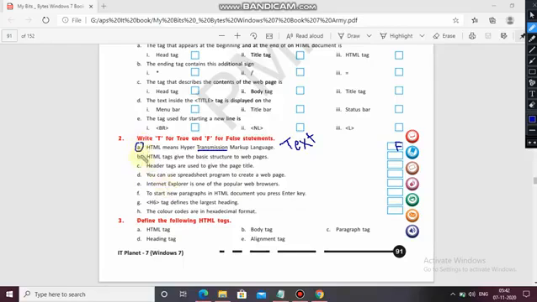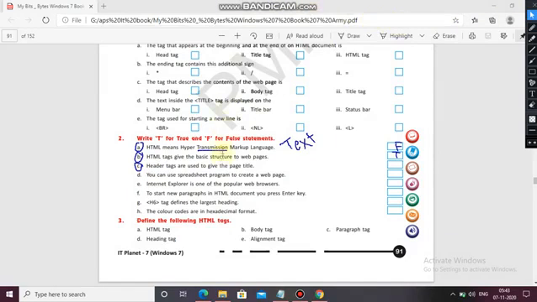Now second, HTML tags give the basic structure to the web pages. Yes, it's true. HTML tags give the basic structure to our web pages. Third, header tags are used to give the page title. Is it right that header tags are used to give the page title?